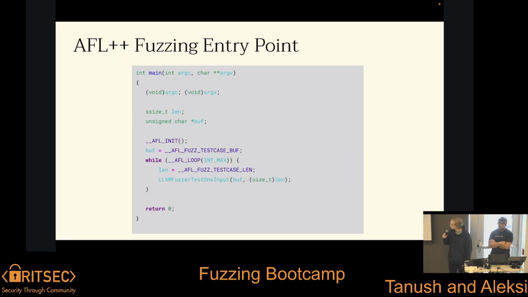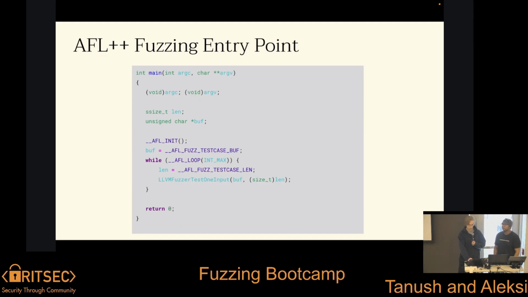And then we have our main loop here, the while with AFL_LOOP. Every time it loops, the fuzzer will, quote unquote, reset the program. It doesn't really. It'll have one process and keep looping, calling LLVMFuzzerTestOneInput INT_MAX times. And once it reaches INT_MAX times, it'll refork.